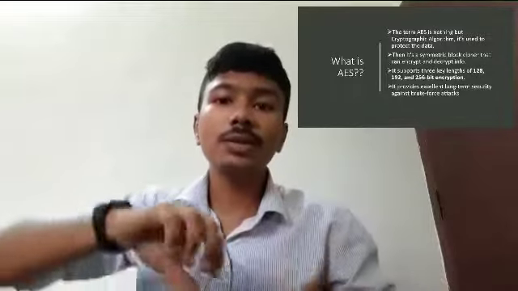Then the other category: symmetric block cipher. A symmetric block cipher enables you to encrypt and decrypt data. Encryption converts the data to an unintelligible form called ciphertext. Decryption converts the data back to its original form, called plain text. Then another feature: there are three key sizes, 128 bits, 192 bits, and 256 bits of encryption.